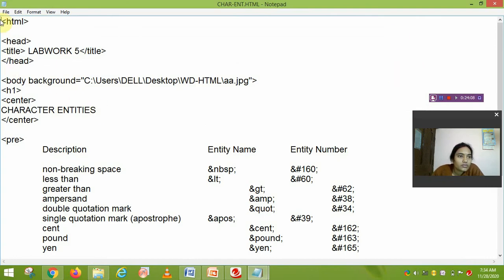Here we start the HTML root element, then we write the head tag. In the head tag we also mention the title tag, which is your lab work file. Then we set the body.